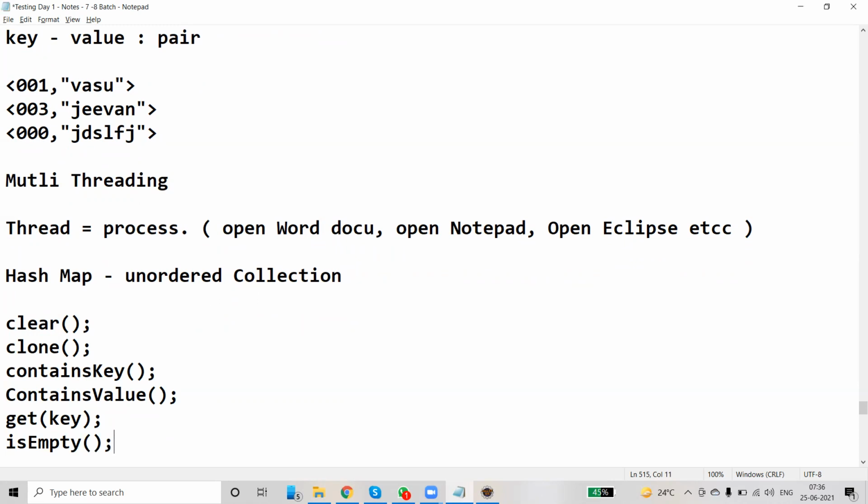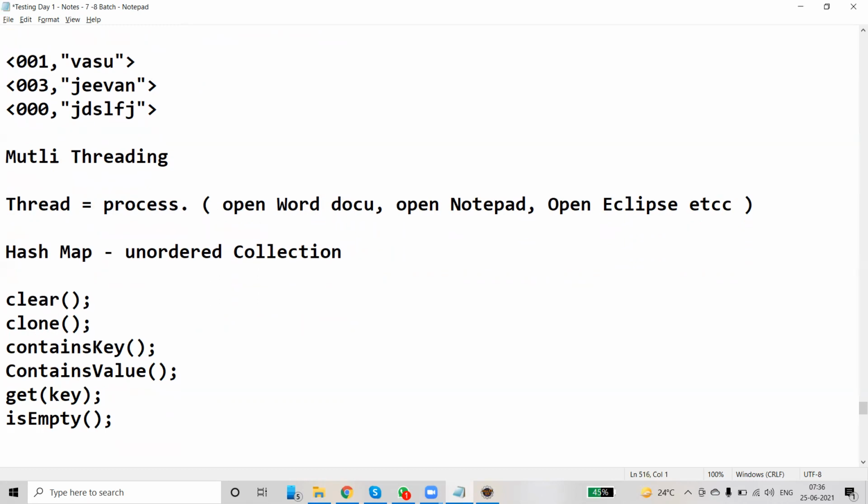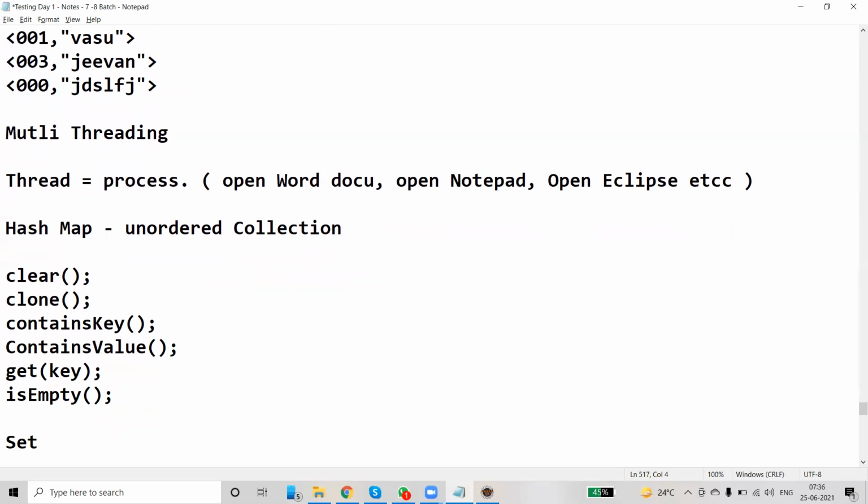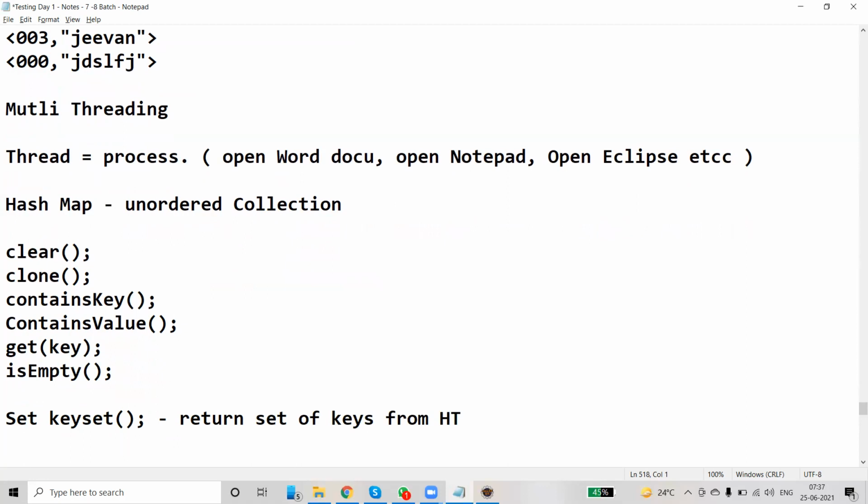We can fetch the set of keys. There is another interface called set. By using keySet, it returns a set of the keys from the hash table. Then put.